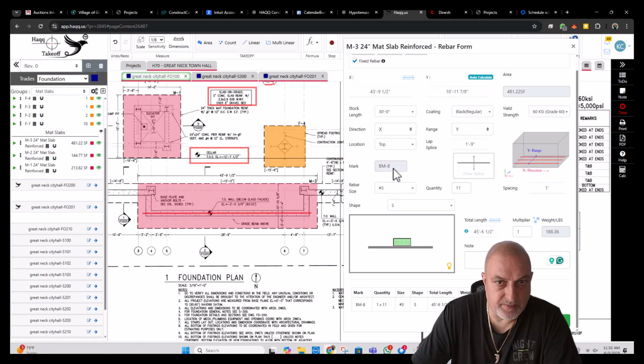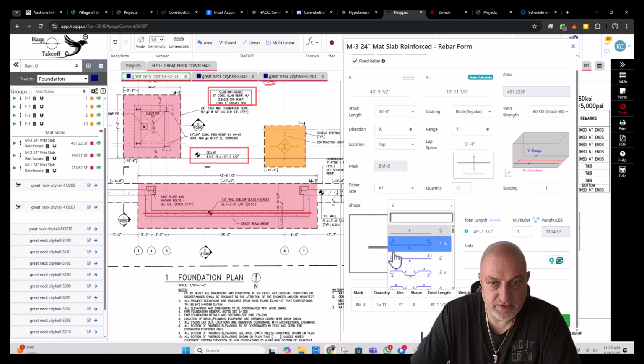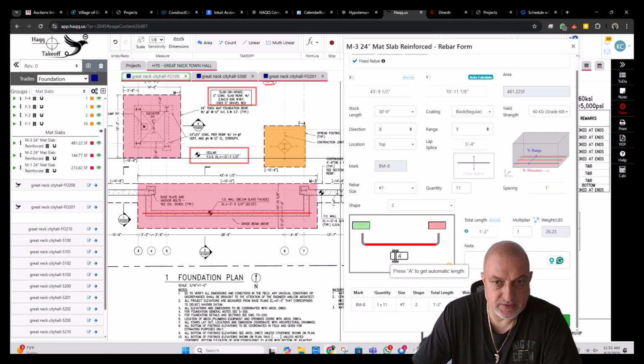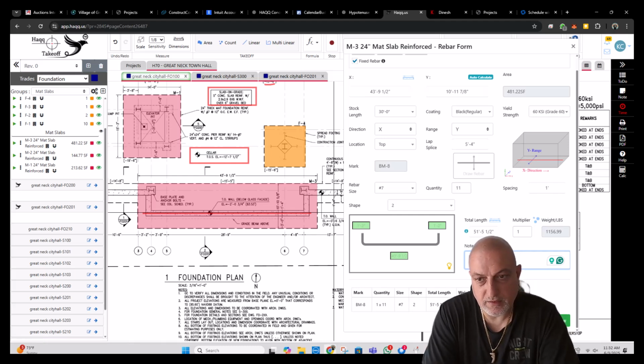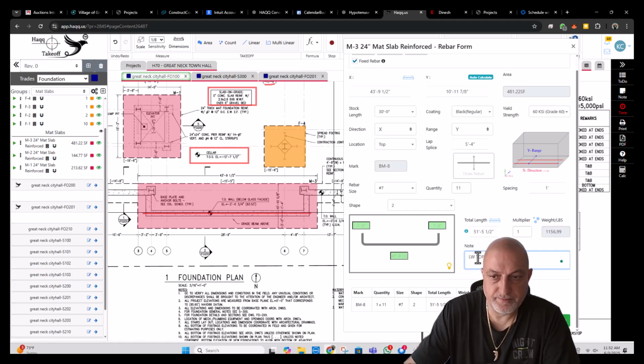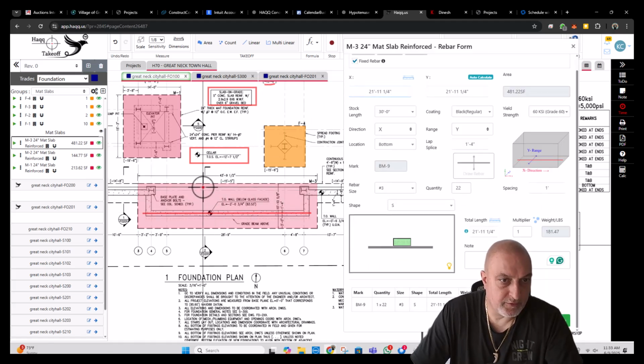I want to do the top bar. Top, because lap splice changes for the top bars, and the shape is this. Again, same direction, top bar, long way, top. 7 new. Now for the short way,